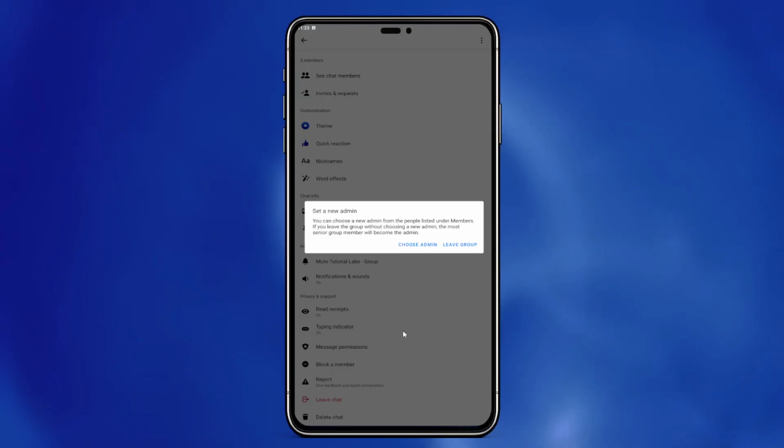Just like with the first method, if you're an admin of this group, a confirmation message will appear on your screen. This message might prompt you to select a new admin before you leave, ensuring the group doesn't lose its management structure. Simply review the message and click Leave Group to finalize your exit from the conversation. And that's it. You've successfully left the group chat using either of these two